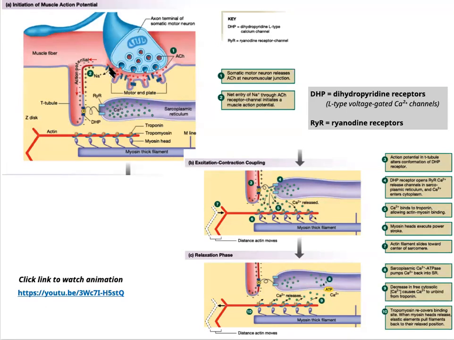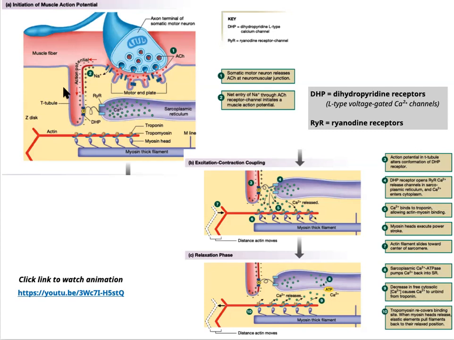And then the net sodium influx causes depolarization, and that initiates the action potential within the skeletal muscle membrane. Then the action potential spreads throughout the sarcolemma, including into these invaginations called